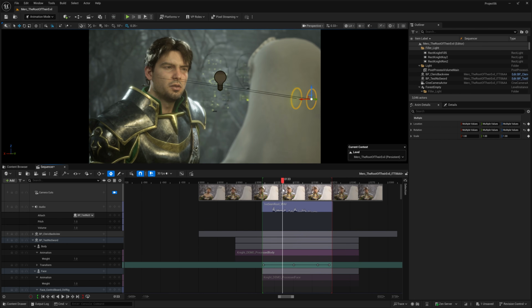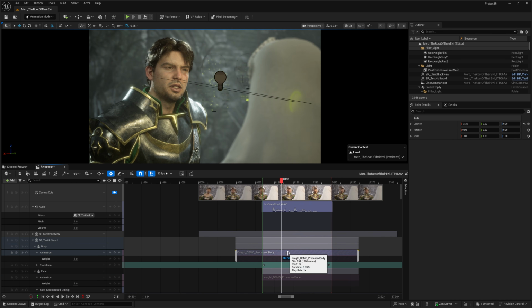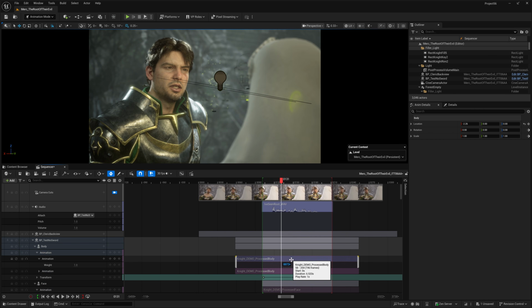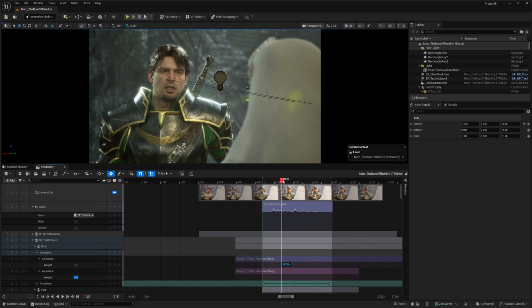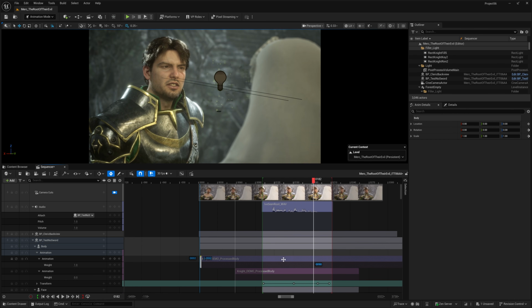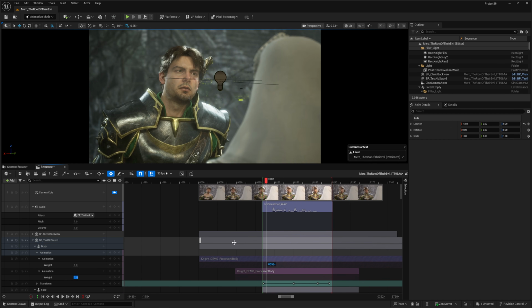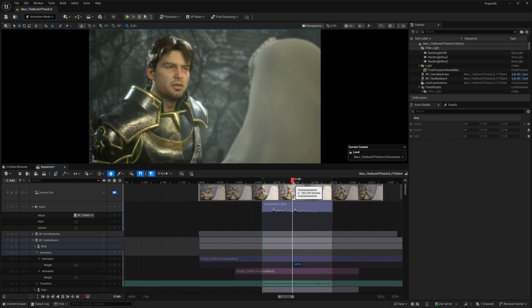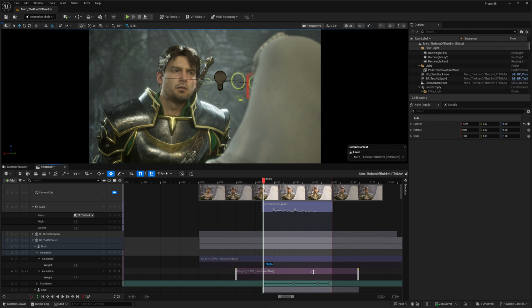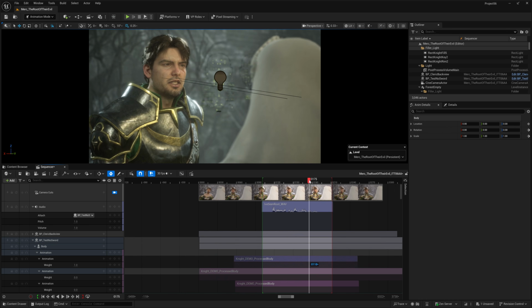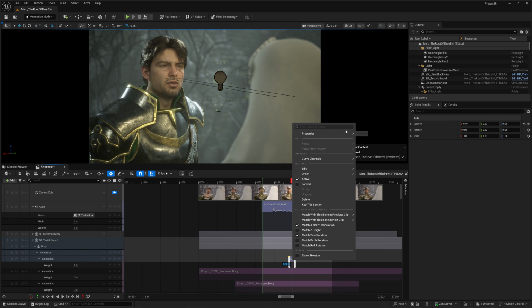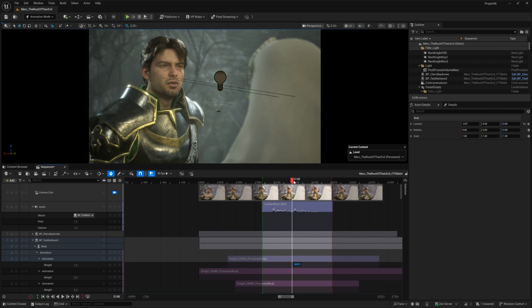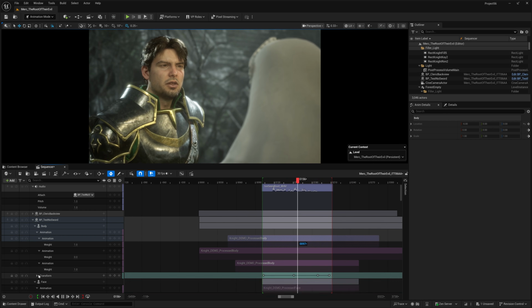The way I approach this is by layering the animation. First, I duplicate the original body motion onto a new layer and slow it down to about half speed. Then I align the key pose, in this case the most extreme forward motion, and blend the two together. This gives me a softer version of the same performance without losing the original intent. If it's still too strong, like here, I like to take it one step further. I isolate a small sliver of the animation, slow it down a lot more, and use that almost like a resting pose, layered on top. Then I adjust the weight until the motion feels right.